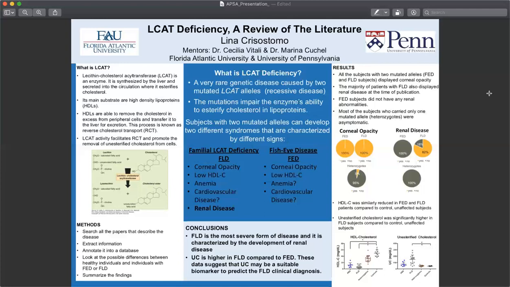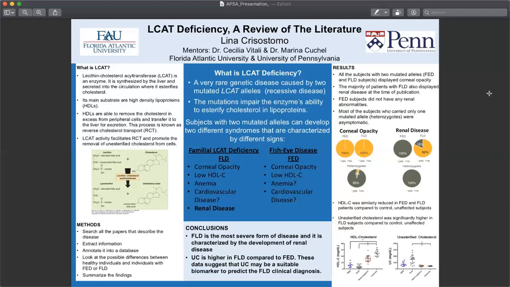Now looking at the lipid profile, when we look at the HDL cholesterol, we see that FED and FLD are at very similar levels. They both are very low compared to the heterozygotes and the control group, both being different from those two groups. With this, we can say that FED and FLD both have the symptom of low HDL cholesterol,